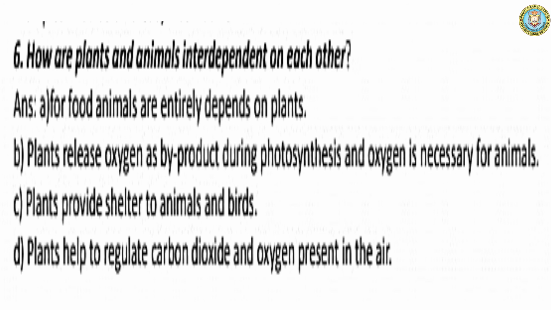See, animal eats plant. So the animal's food is what? Plant. Here the dependence is there, isn't it? Then plants, what do they provide? They provide shelter. Plants and trees provide shelter for us, and for birds and animals. Okay. Then what does a tree or a plant do? It releases oxygen through the photosynthesis process, which is much more important for human beings to breathe.